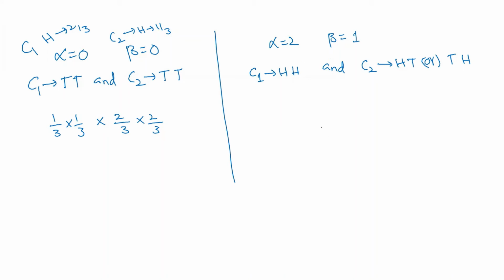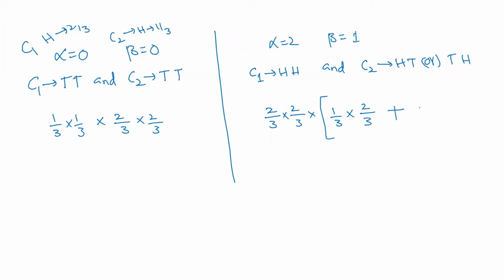And when we talk about the second case, both heads that we are getting here is going to be 2 by 3 into 2 by 3, and that is going to be overall multiplication. But again, heads and tails on the second coin: getting heads is going to be 1 by 3, multiplied with getting tails, which is going to be 2 by 3. But this is an OR case that is going to come as plus, because we are taking two different cases here.